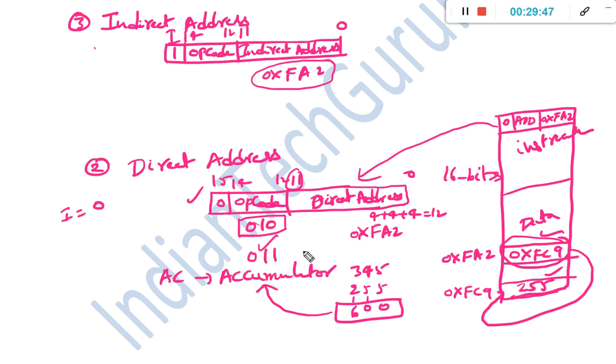So then, whether we need any second operand? We don't need any second operand. So whatever value we fetch from 0xFA2 will be incremented by 1. For example, if I fetched 255, after performing the operation it will become 256. There is no requirement of an additional operand.